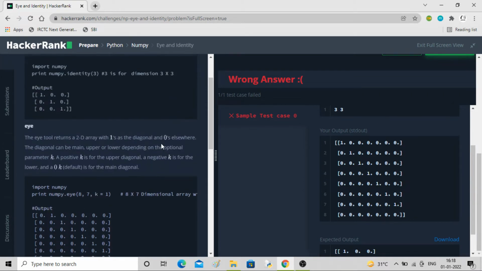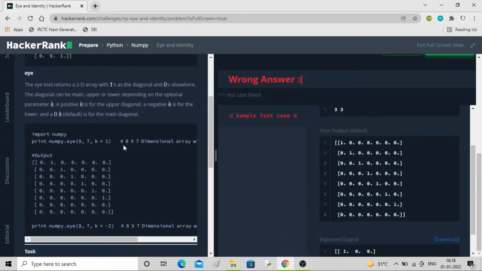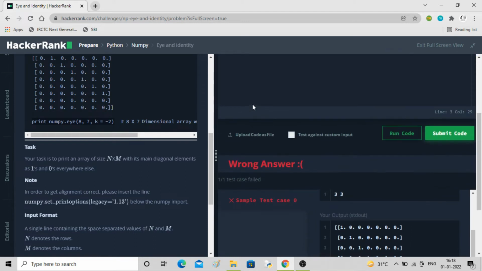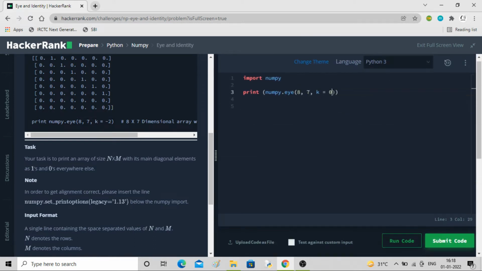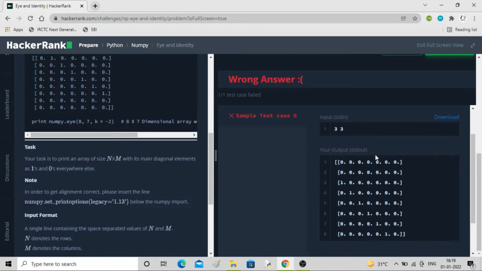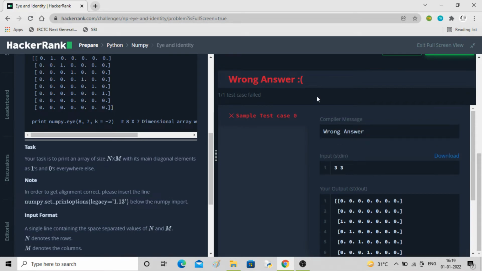So one more difference you can see, identity is valid for a square matrix, but here you can select the dimension. Okay, here also you can see one more example. If I do -2 instead of -1, it is the same thing, no? If I do -2, it will shift more. Okay, shift down. So you can see at the -2 position, ones are there. Previously at the -1 position, this was the place where ones were. Okay, so I hope you got the feel.